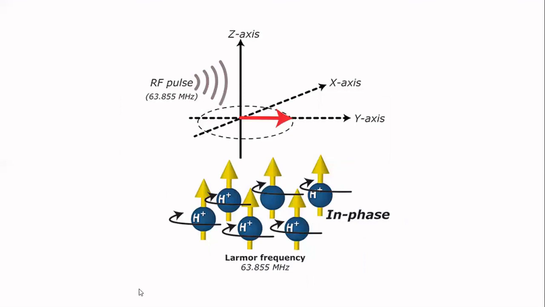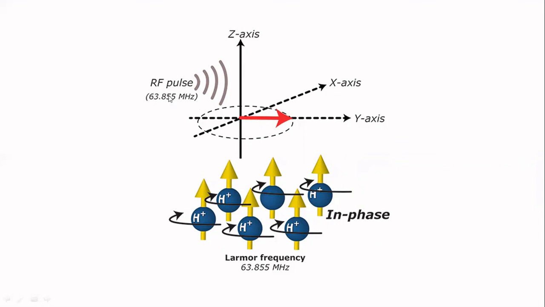To explain further what resonance is, we all know that originally, when the main magnetic field B naught is applied, the protons are all aligned along the Z axis. So in MRI, what we do is try to tilt the axis of precession of these protons to another axis by a particular angle, even up to 90 degrees. How can this be done? We need to give energy at those particular angles. This is done using RF pulses, radio frequency pulses.